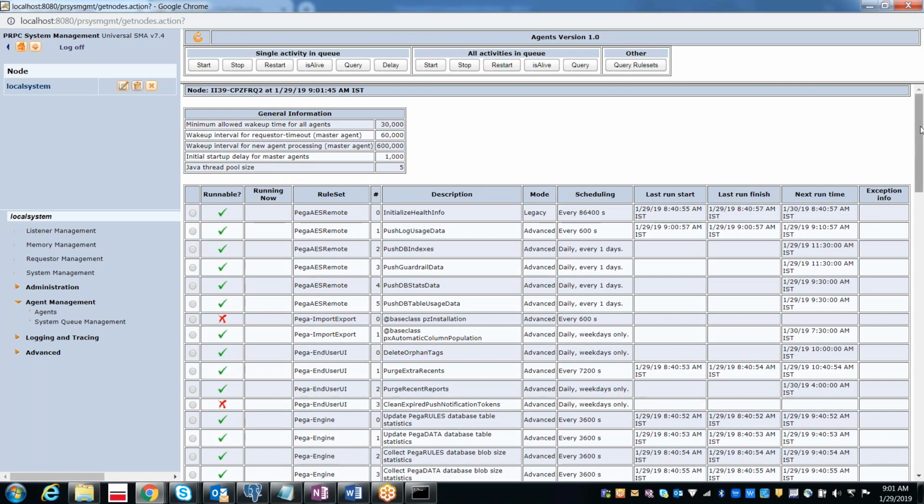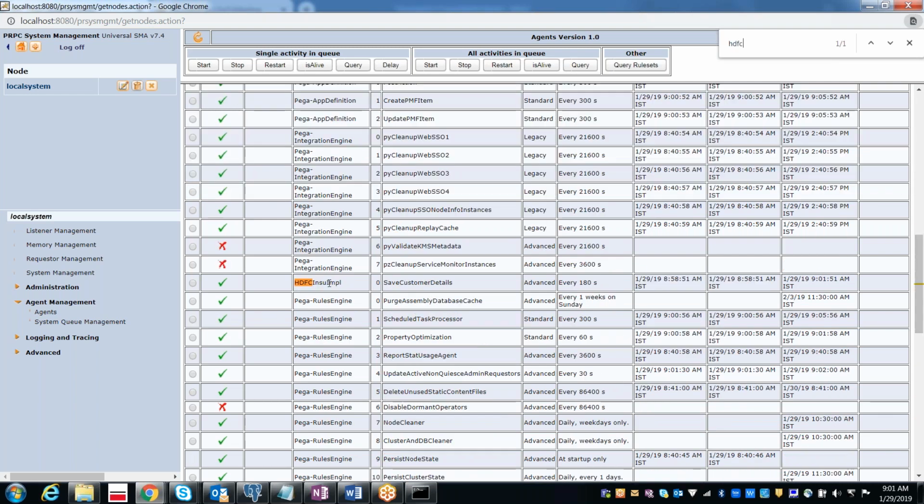Here, are you able to see our agent name? Yes, this is it: save customer details. This is the advanced agent which is going to run every 180 seconds.